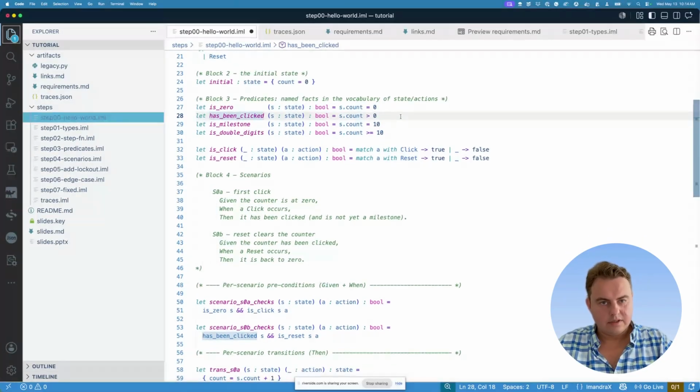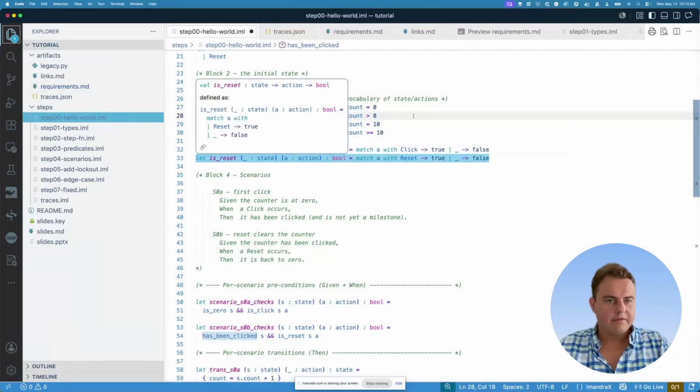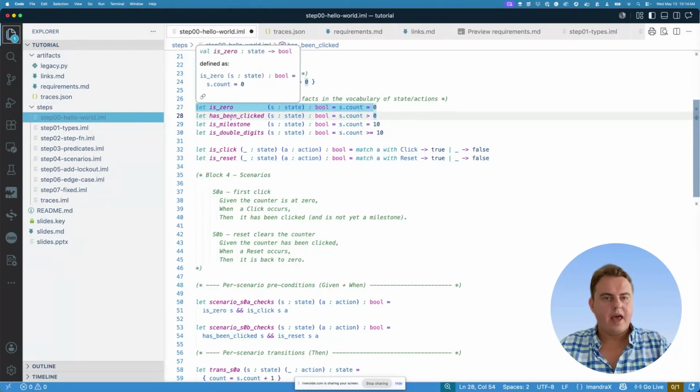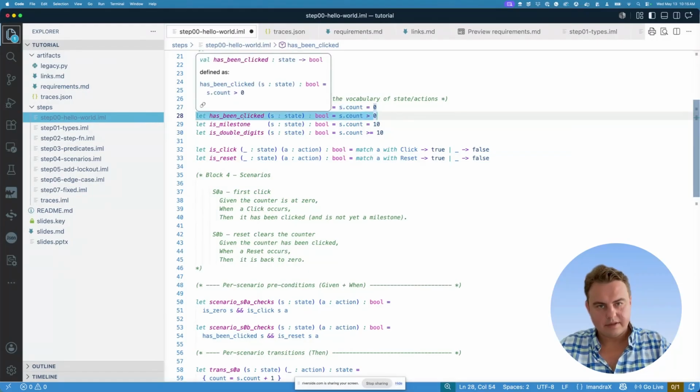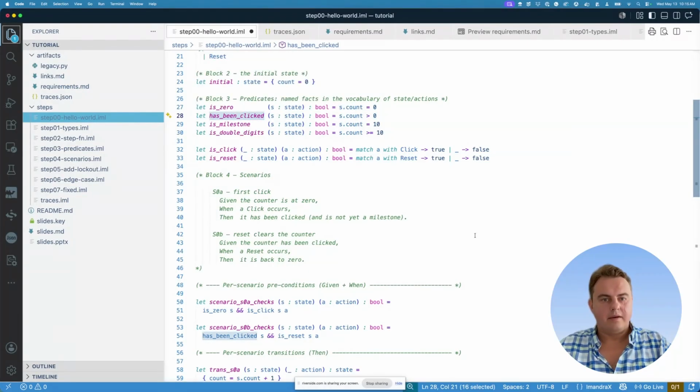And as you noticed, if you start to define a scenario, like for example, is 0 and has been clicked together, they can never be true at the same time. That's when you'll start to get inconsistent scenarios. And as part of SpecLogician, which will be, again, part 2 or 3 of the series, we're